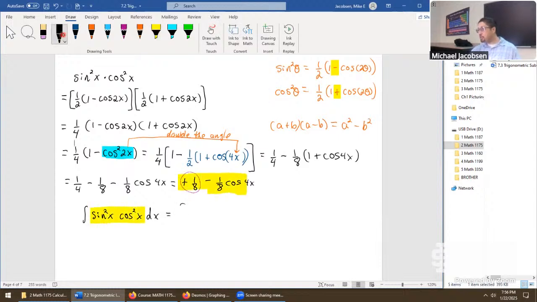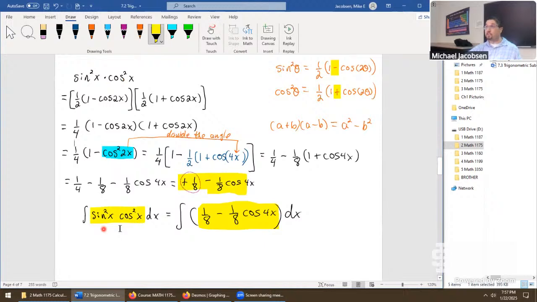So this converts over to the antiderivative of 1/8 minus 1/8 cosine 4x dx. And the objective that we mentioned at the start of class, of taking something really complicated, that's the left on the red dot, that you never do in Calculus 2, is exactly what we've done. This is now a Calculus 1 integral. We can attack this in the normal kind of way. So this will turn into